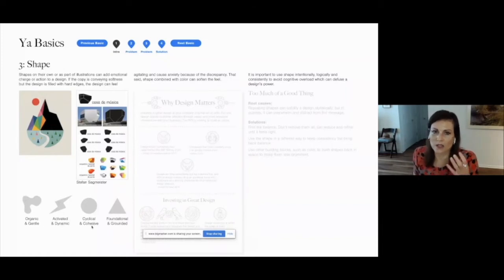Circles can be like cycles or harmony or family or something that just kind of brings everything together as a whole. And then triangles tend to compositionally really make you feel like you have a foundation or you're really grounded or there's trust there. So in these examples up here, they're really using shapes well. And this is actually just a little graphic artist that I found that did this really nice. Like there's a line kind of drawing into this little like very trustworthy mountain,